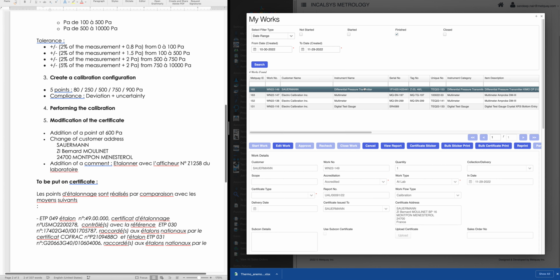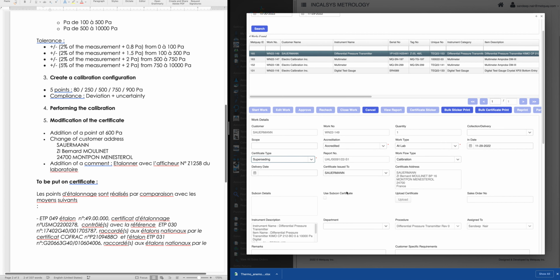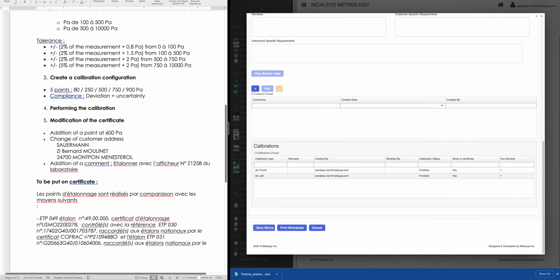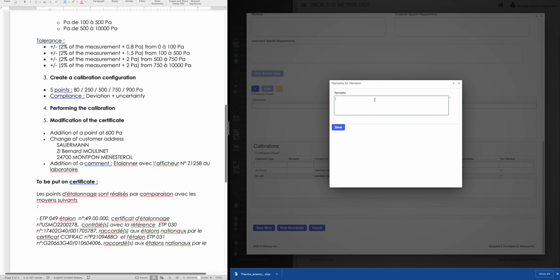So anybody who has the privilege to revise the certificate can click on edit work and choose the certificate type. So I'm going to say this is going to be a superseding certificate, because I'm going to discard my old certificate. I'm going to issue a new certificate which supersedes the old certificate, right? So let's click on save work. It will ask, the work will be saved as a revision for the existing one. Are you sure you want to continue? Yes, right? So remarks,